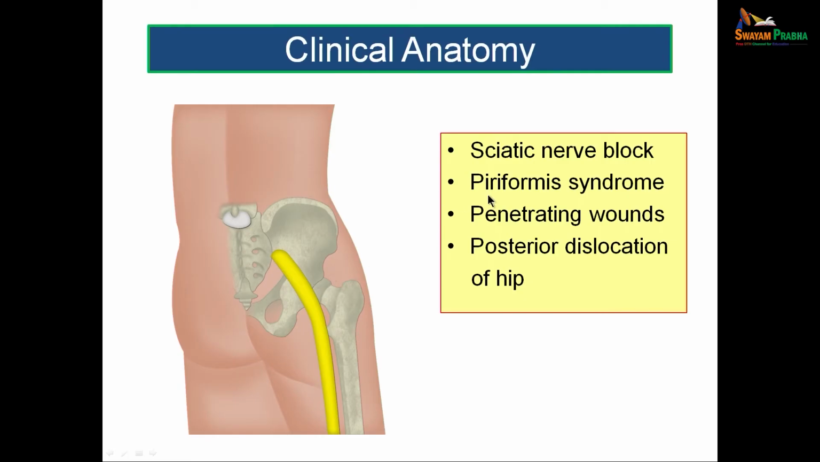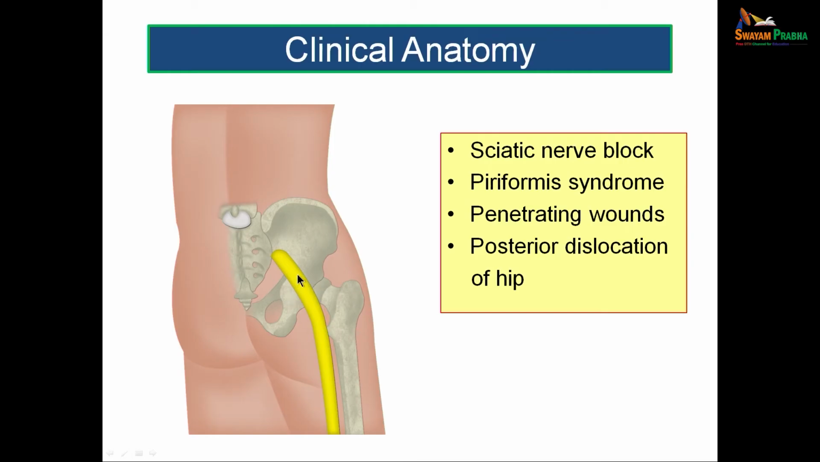Next condition is piriformis syndrome. It is an entrapment neuropathy. You find the sciatic nerve, as it emerges out of the pelvic cavity through the greater sciatic notch, lies usually below the piriformis, and if this piriformis muscle is enlarged, as seen in athletes, especially lady athletes, it can compress the sciatic nerve as it comes out, resulting in piriformis syndrome, and the patient will have pain in the